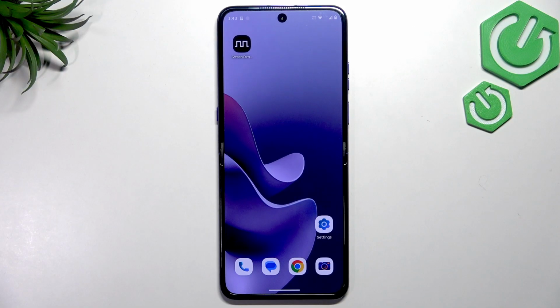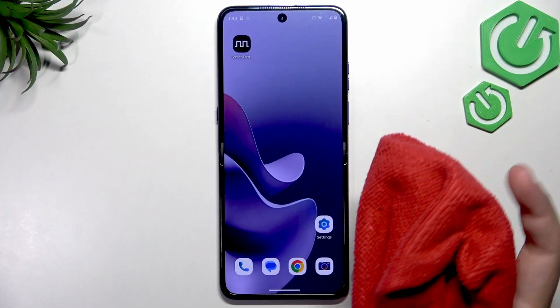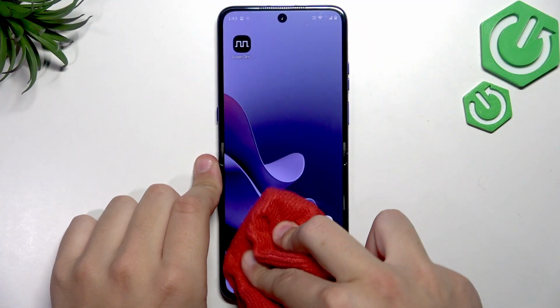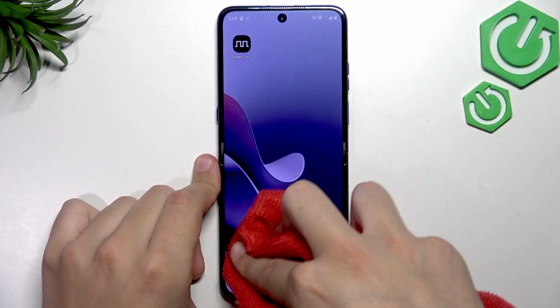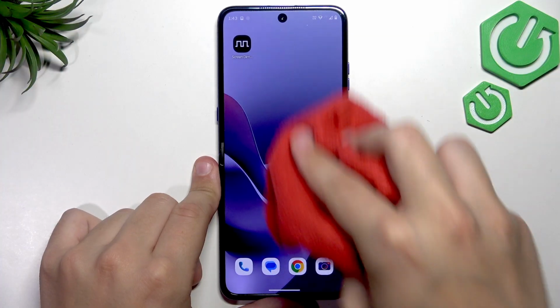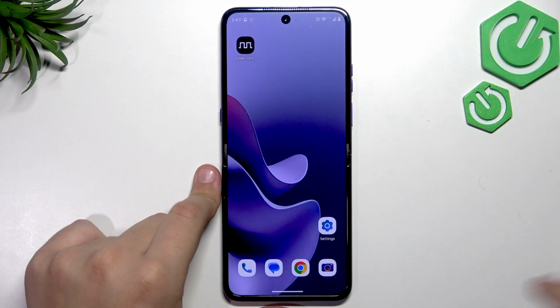Now we're going to clean our screen to remove any debris, moisture and fingerprints. So we've got a microfiber cloth right here and we're going to give it a little bit of a scrub, and once we get rid of any moisture and everything, we should be able to restart the phone